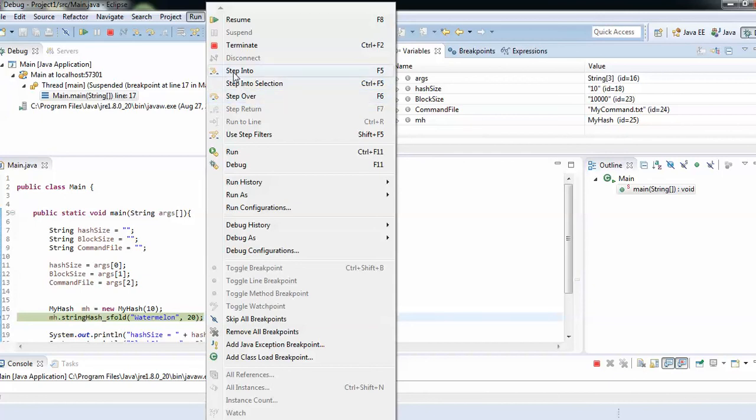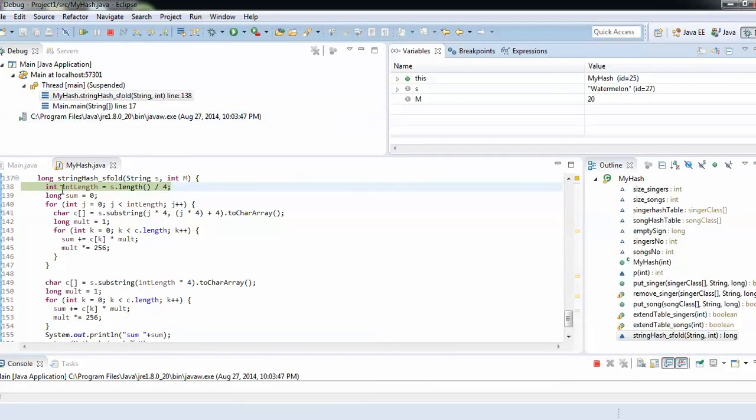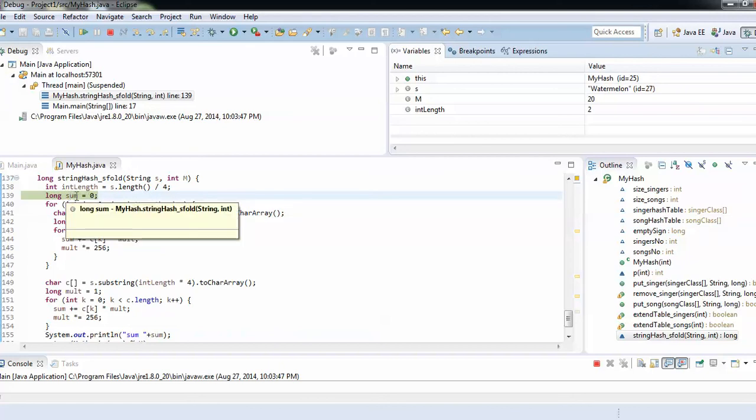But if you select step into, the debugging goes through your method and runs your method, and you can watch your variables inside the method. So I select step into, and as you can see, it goes through your method. And whenever I push the F5 button, it runs one line, and each variable which is changing is shown